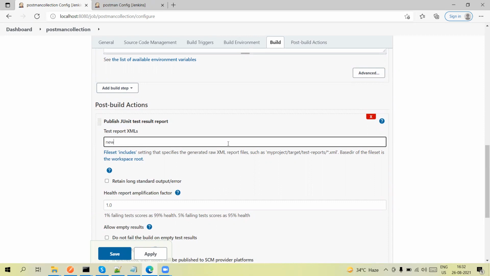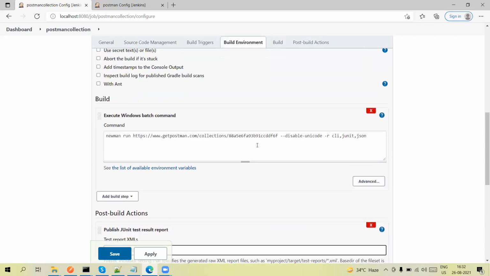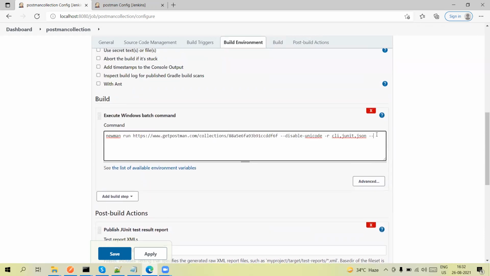The file name is coming under Newman. We can pass it like this, asterisk dot XML. But we want to publish the latest result, so we can also give here the option reporter hyphen JUnit hyphen export, Newman slash result.xml.